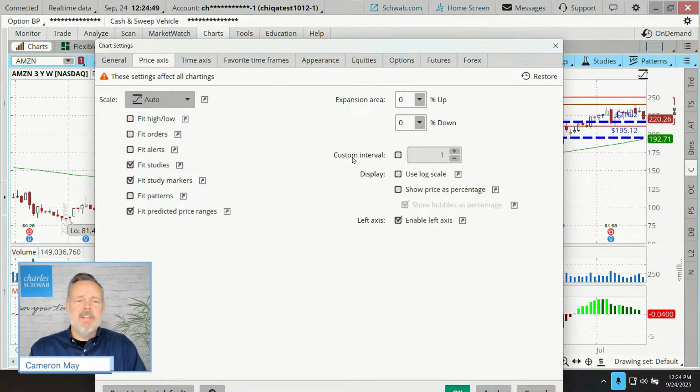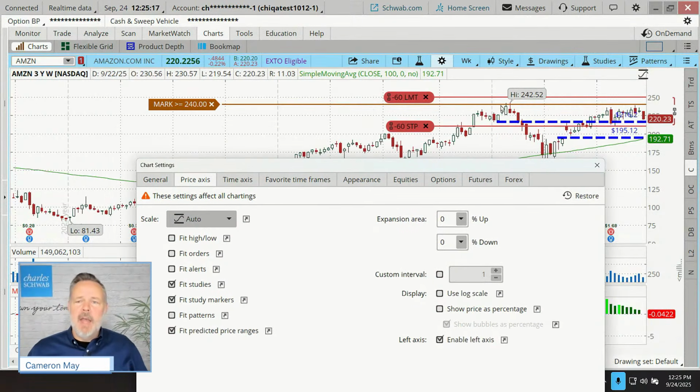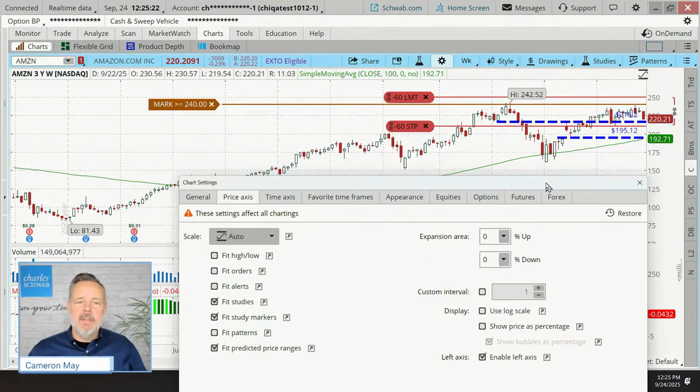So it's quite possible that, well, by default, Thinkorswim will fit a study. Let's say you're using a Bollinger Band. For those of you who use Bollinger Bands, it draws support and resistance levels, basically, above and below the price. Well, those don't have to fit on a chart. Sometimes they can go off the top of the chart. They can go off the bottom of the chart. By default, Thinkorswim fits that on there. If this box is unchecked, it won't. And as a matter of fact, our high and our low are also considered studies.